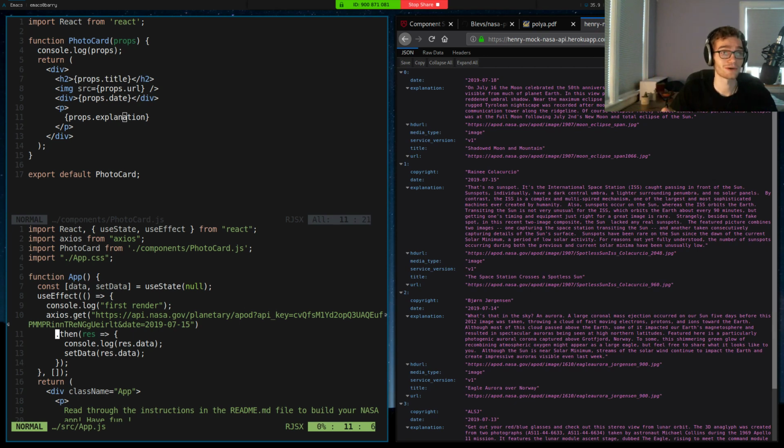A great part of writing these reusable components is it's very easy to publish them as standalone libraries. And so you can just download them, add them to your project, and drop them right in, like any other component. So, great. So now I want to switch over to